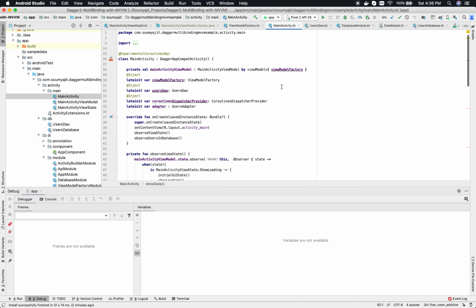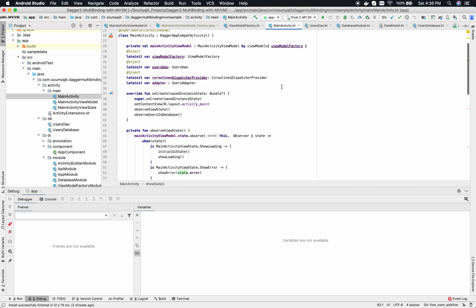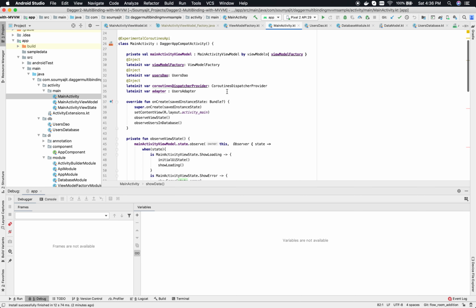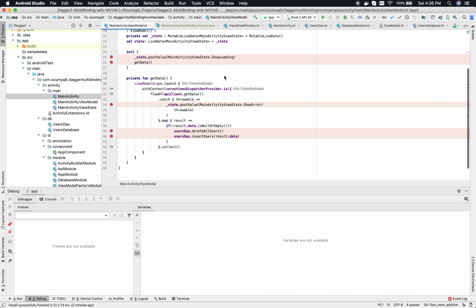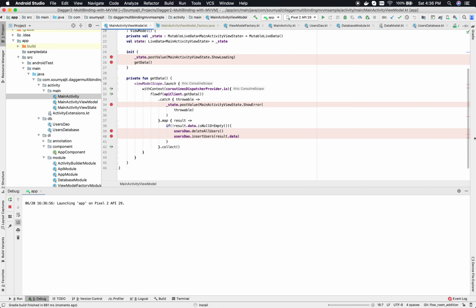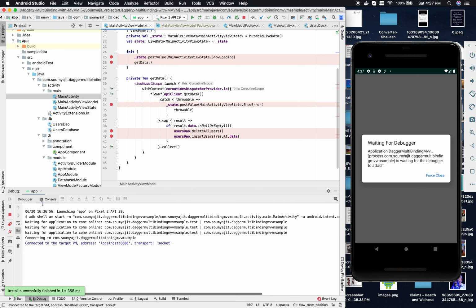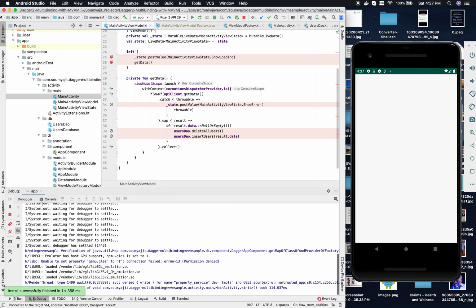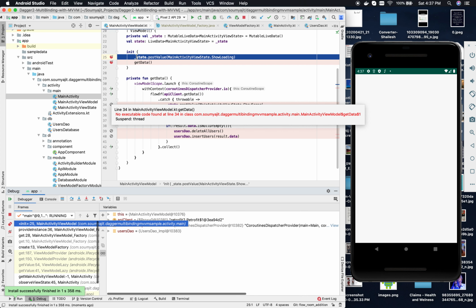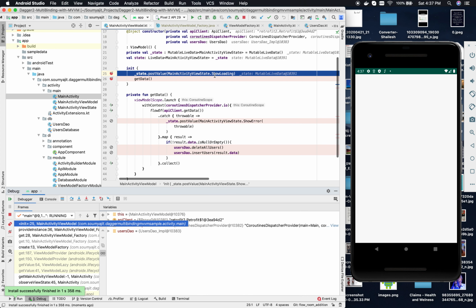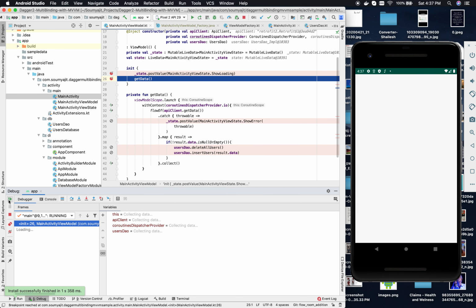So let's just run the app and see how we are doing things in real time, right? I have added the debug pointers, and let's just run it. Okay, so we got the call in the init block, we have changed the state to show loading.